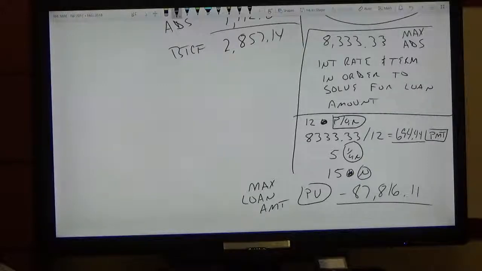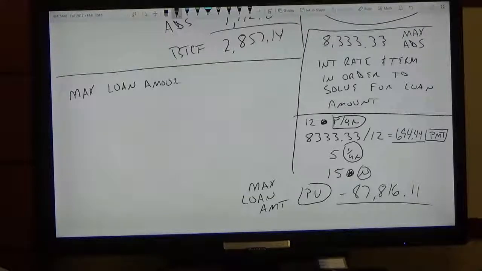So if that's the maximum loan amount, right up here, maximum loan amount is equal to $87,816.11, and we have a maximum loan-to-value ratio equal to